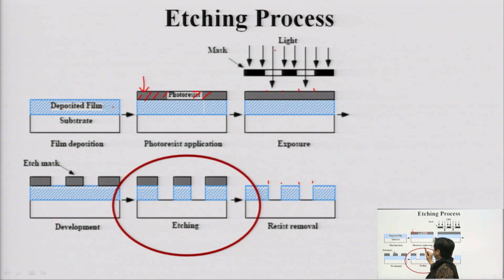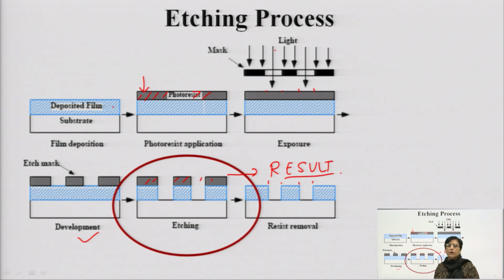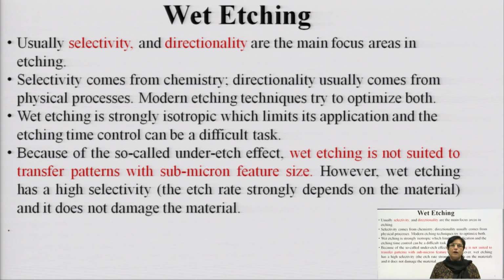Now, you need to remove that, and that can be removed, and this is how, with the etch mask, you have this particular thing, and further you can develop it in the etchant solution and eliminate the unwanted portion. See here, we have developed it, this is getting removed, this is removed, and post removal this is my result. This is exactly what I am going to get after the etching process, and this is the use of etching in IC fabrication.